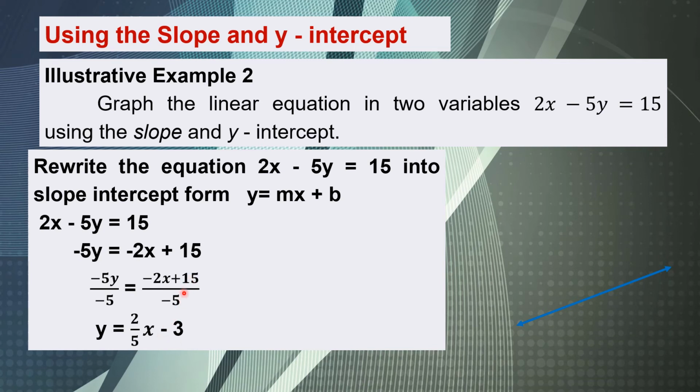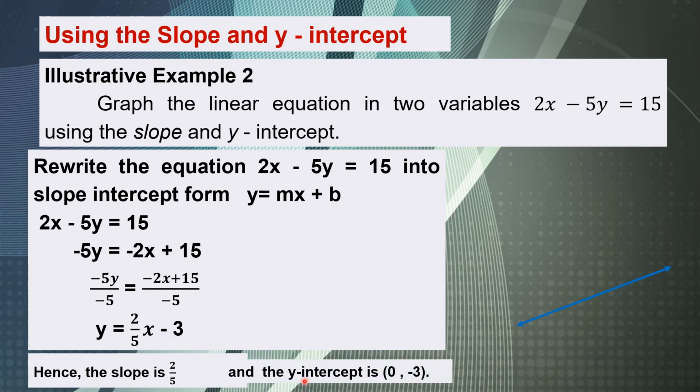Because if we are going to divide unlike signs, the answer is always negative. Thus, our m, our slope, is 2 over 5. 2 is the rise and 5 is the run. And now the y-intercept is negative 3. So to write the y-intercept, we have